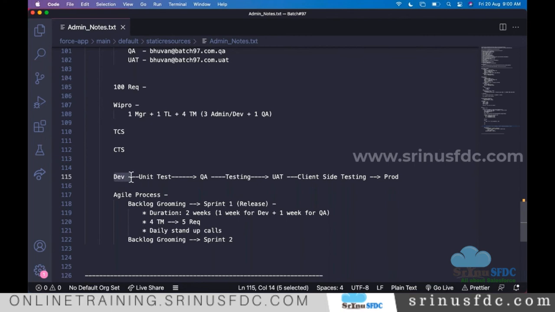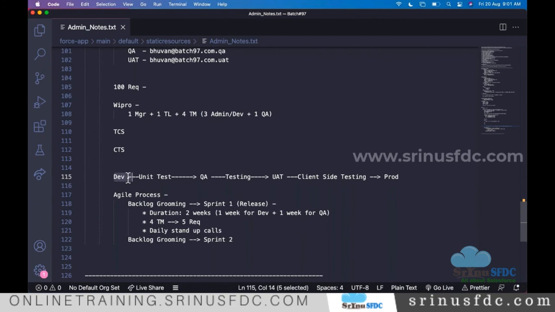So the changes should be for the same project; everyone logs into the same sandbox and makes changes there only. But by logging in with the Dev login, will they be able to do the admin work? That's my question. Yes, they can do it.